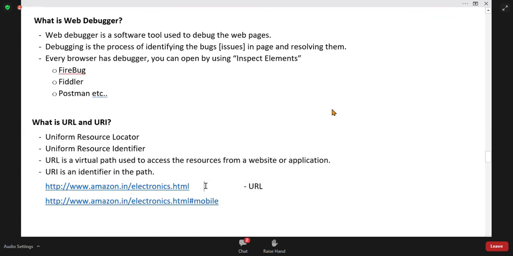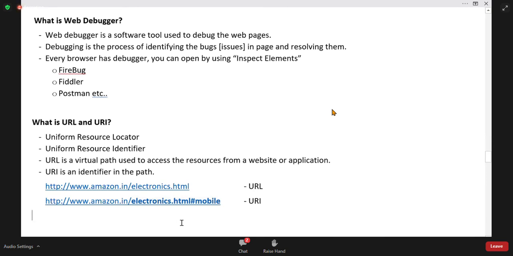I am watching the electronics page. In that page, what you are watching, that is called URI. Only this part is called URI. That means in that page, which part you are watching, which location you are currently in, this indicates the URI. We call that URI.